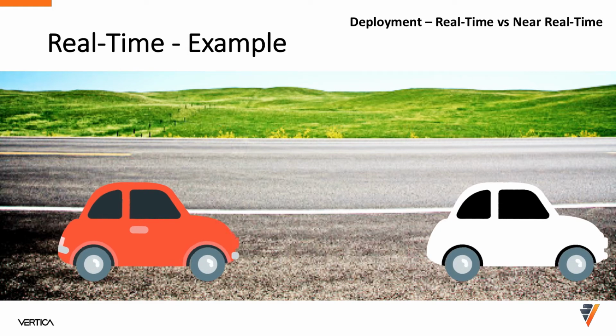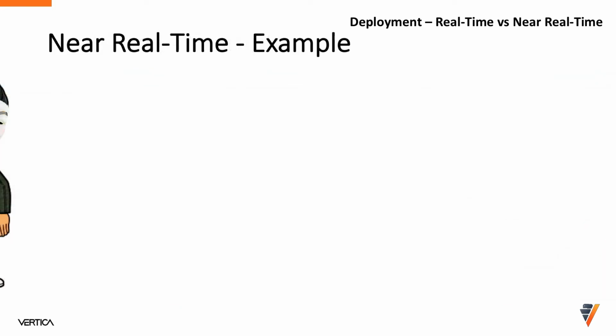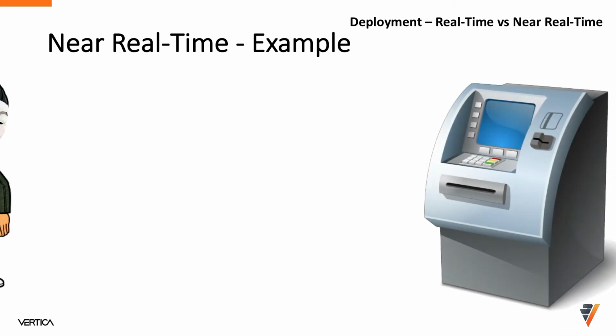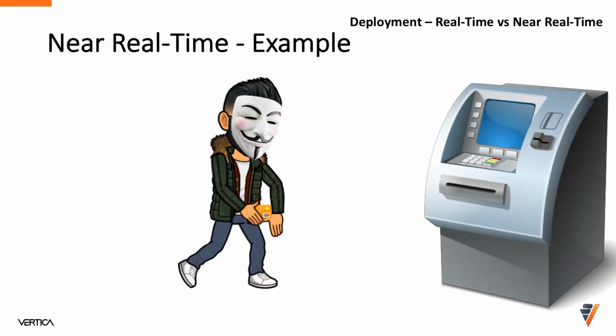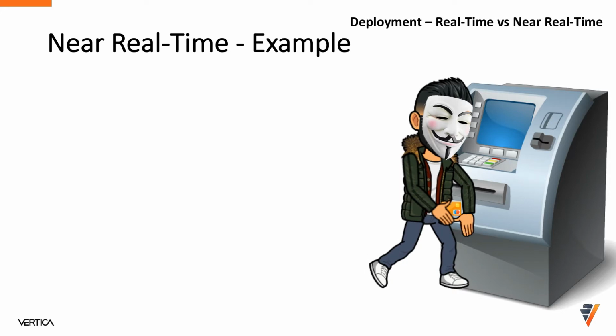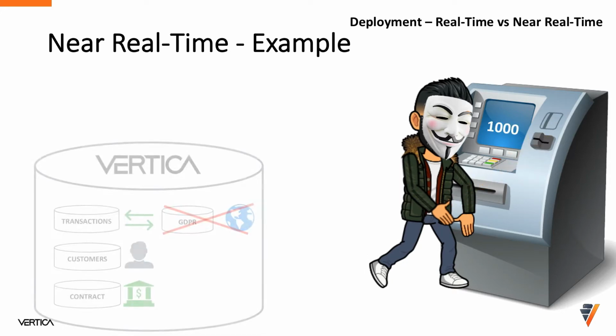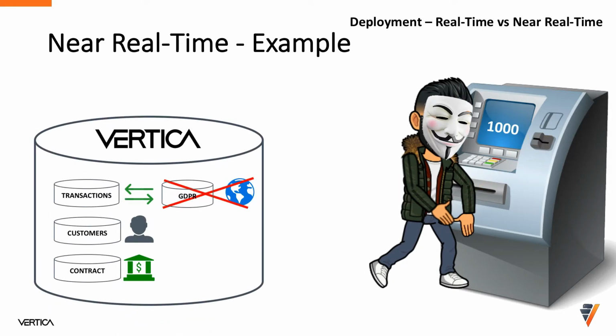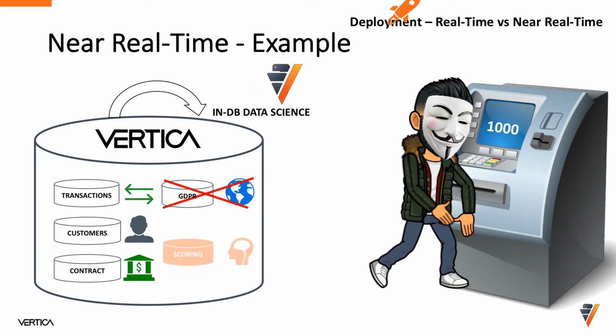But most of the time, we don't need a real-time response. Near real-time is enough. Credit card fraud detection is an example. A fraudster could have stolen a credit card. He can try to withdraw a huge amount at the ATM machine. The machine can query the database to look at historical data. It uses in-database computations to do the scoring